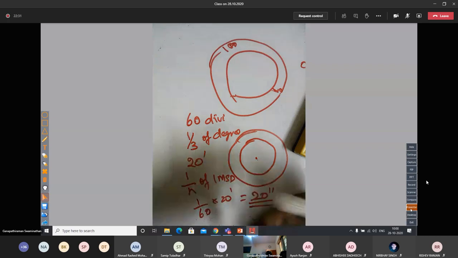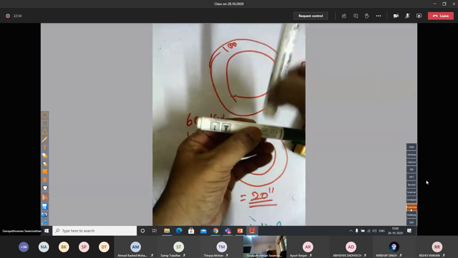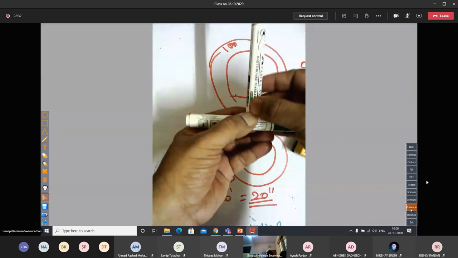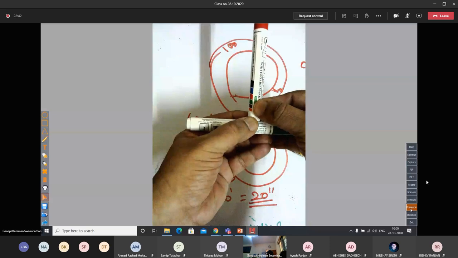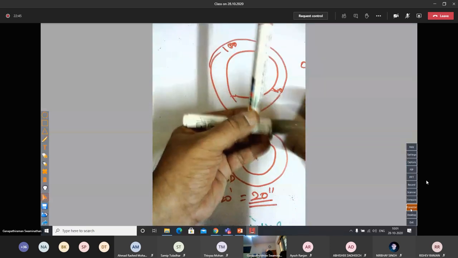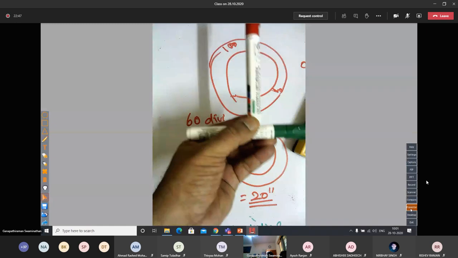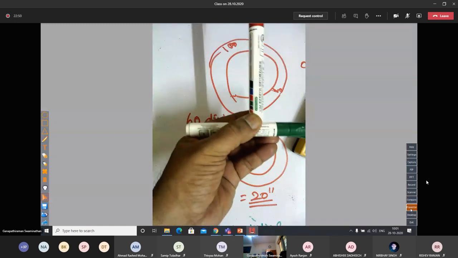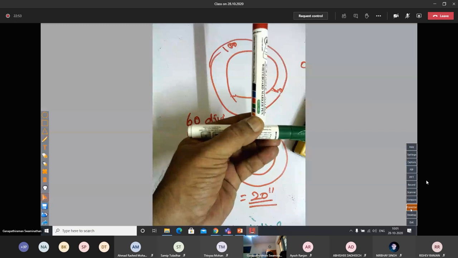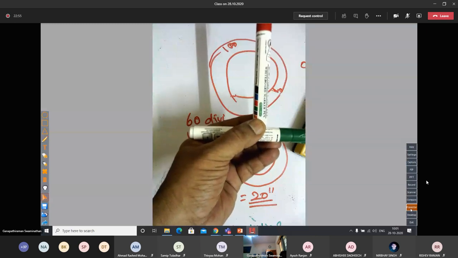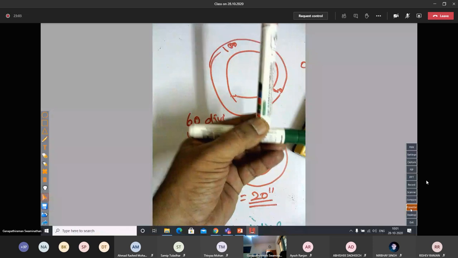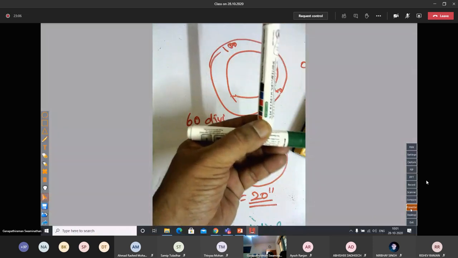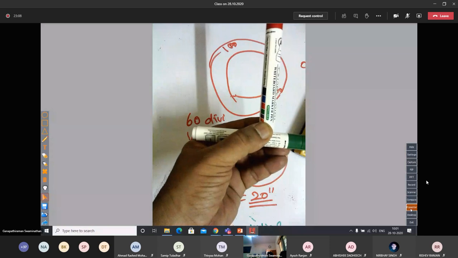Suppose this is the horizontal trunnion axis, and this is perfectly horizontal. What will be the value here? Suppose you are using your theodolite as a level, a dumpy level. What is a dumpy level? In a dumpy level, when the bubble remains at the center, the line of collimation will generate a horizontal plane which is perpendicular to the vertical axis. Am I right?